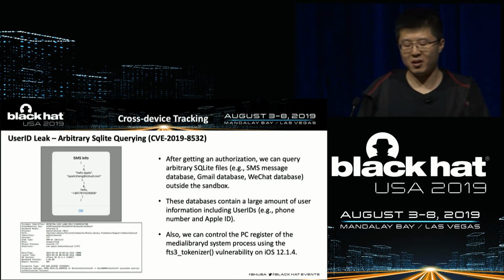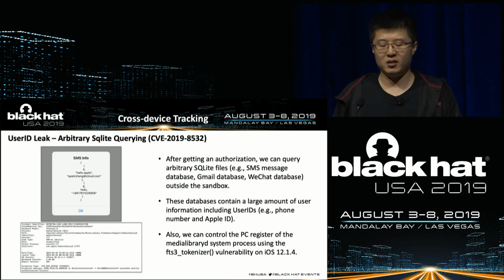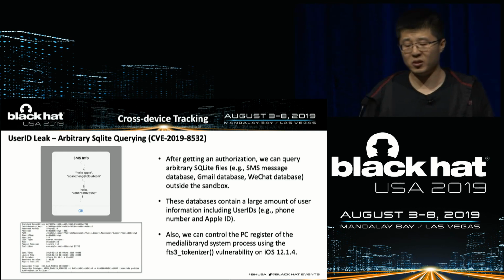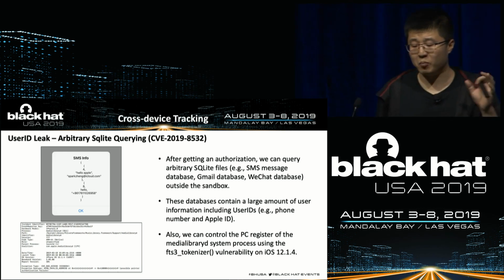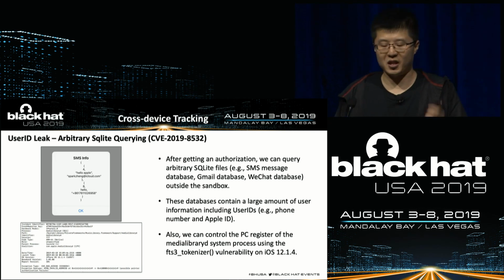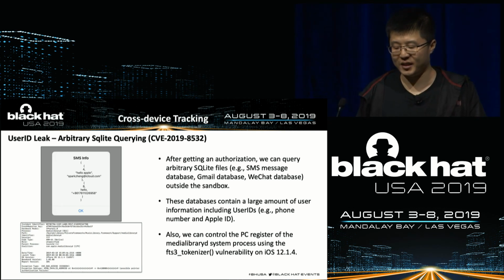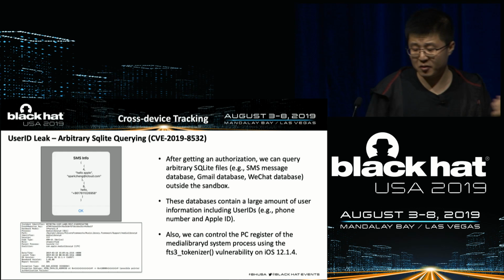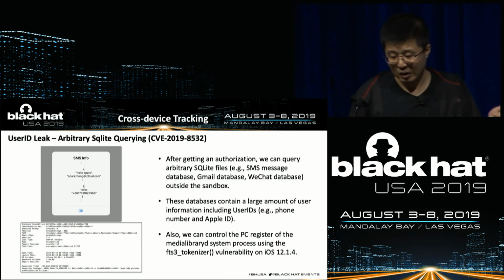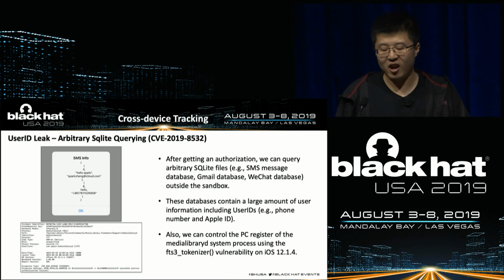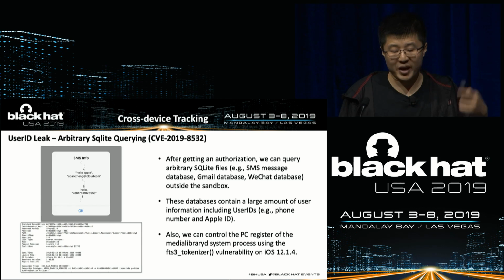For example, the SMS message database, Gmail database, and WeChat database outside the sandbox again. These databases contain a large amount of user information, for example, phone numbers and Apple IDs. For instance, this picture shows that we can get the content of SMS messages on my iPhone.